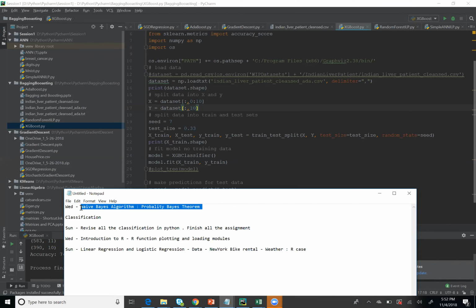It's all about whether it'll rain tomorrow given this condition, like it's all probability based. It's a different type of algorithm. It's still a classification based algorithm. There's still training and everything, but it is based on probability distributions. If not, then I can start with R. I can spend a good 2 days on R. So it's your guys' call. What do you think? Do you want to learn naive Bayes, or